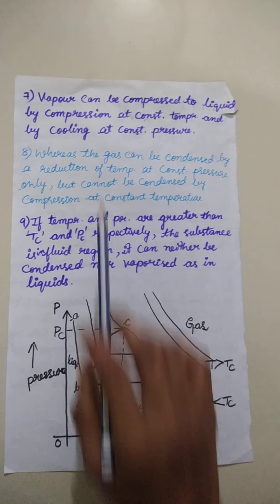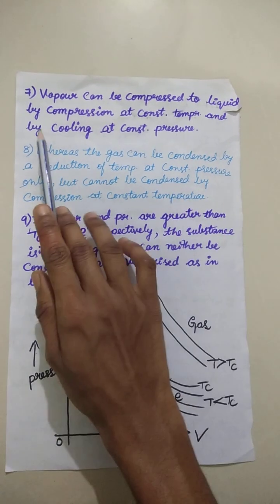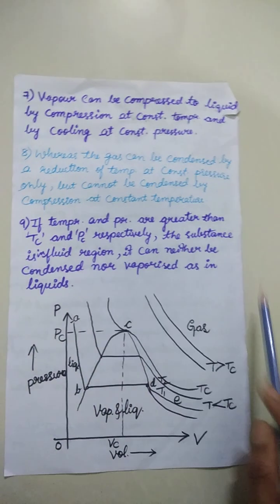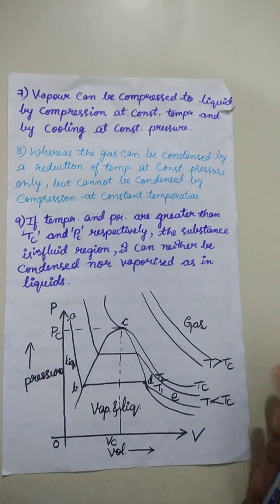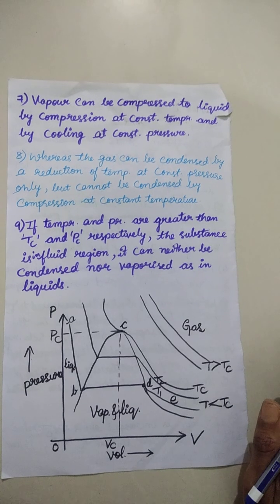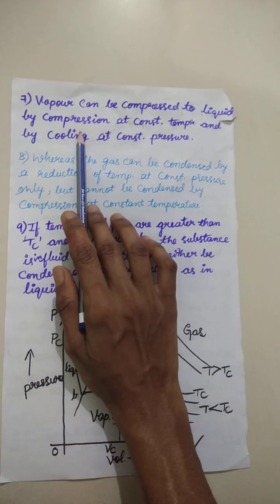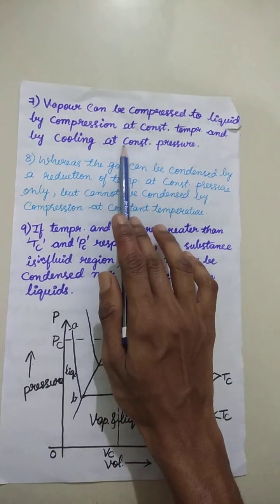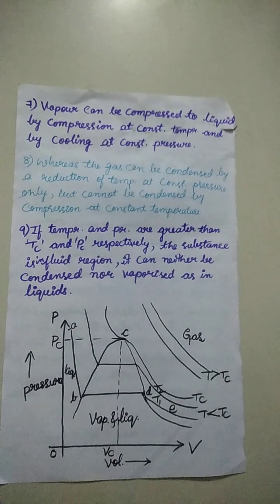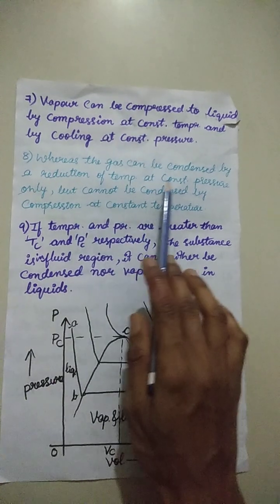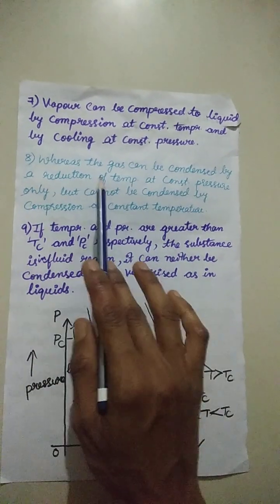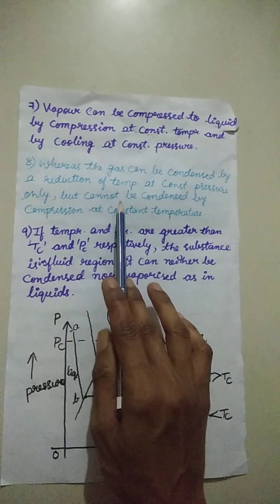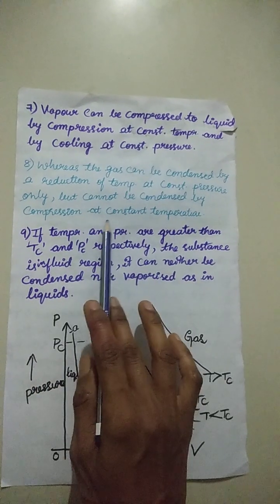Vapor can be compressed to liquid by compression at constant temperature and by cooling at constant pressure, whereas the gas can be condensed by a reduction of temperature at constant pressure only, but cannot be condensed by compression